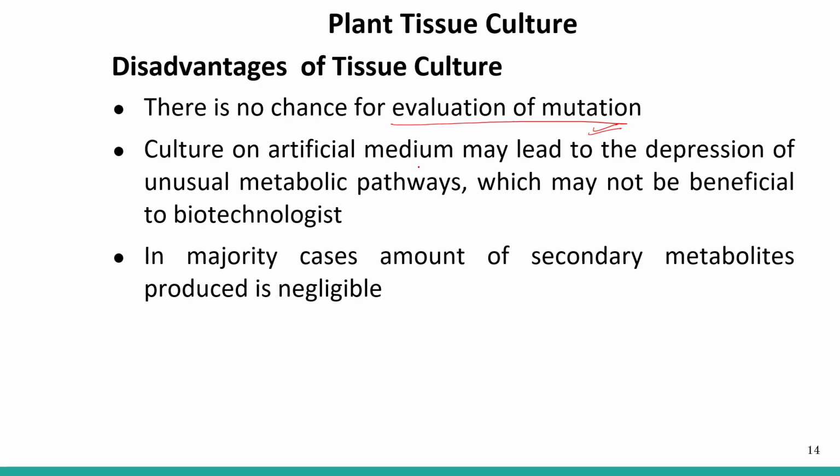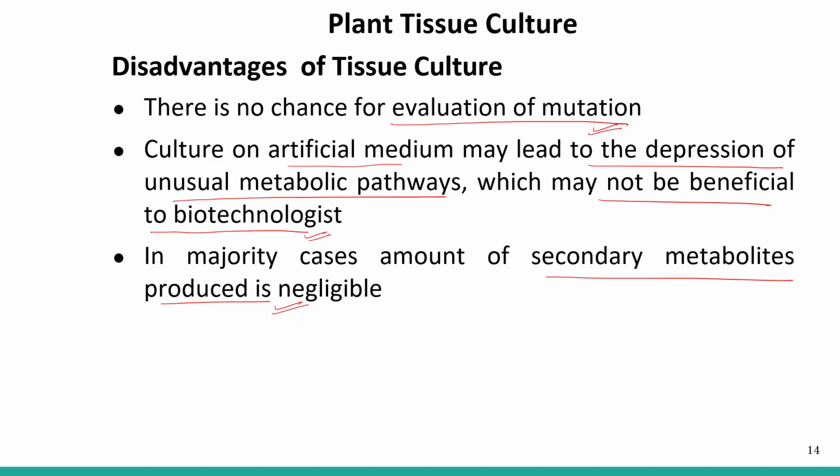Culture on the artificial medium may lead to the expression of unusual metabolic pathways, which may not be beneficial to the biotechnologist. In the majority of cases, the amount of secondary metabolites produced is negligible. There is no chance for the evolution of mutation because it is growing in in vitro condition,